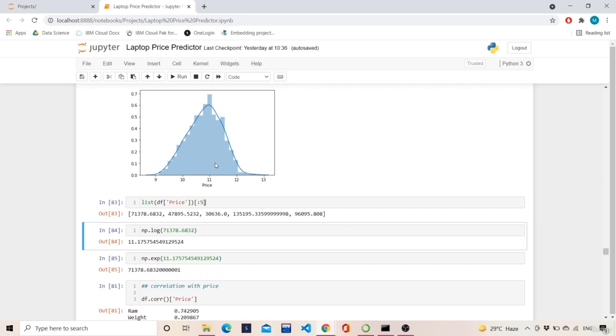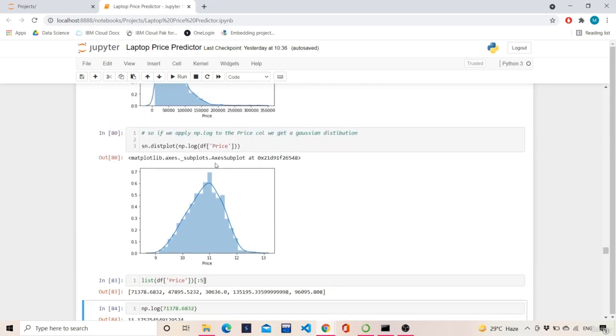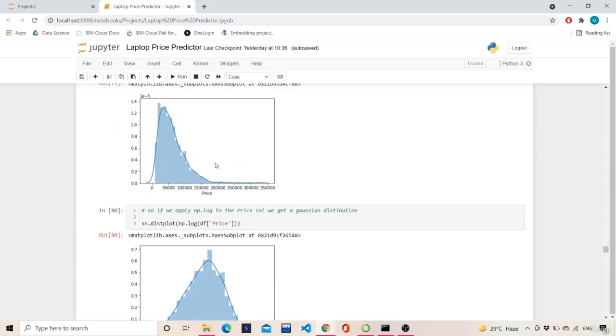If a particular column is following a distribution in a skewed manner, then try to apply some transformations like exponential transformation, logarithmic transformation, Box-Cox transformation. If you Google these transformations, you will get code over there. Just simply copy and paste the code, do the transformation, and then check the result as we saw over here.